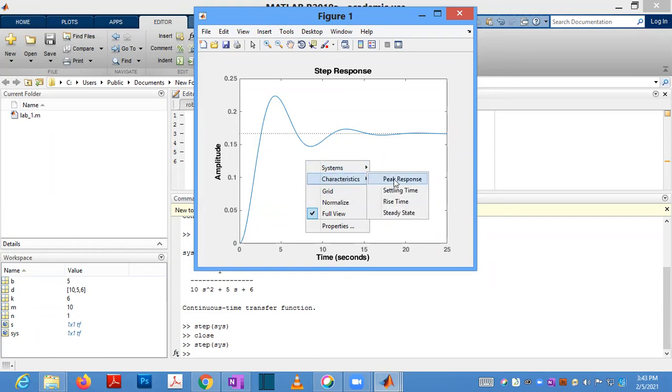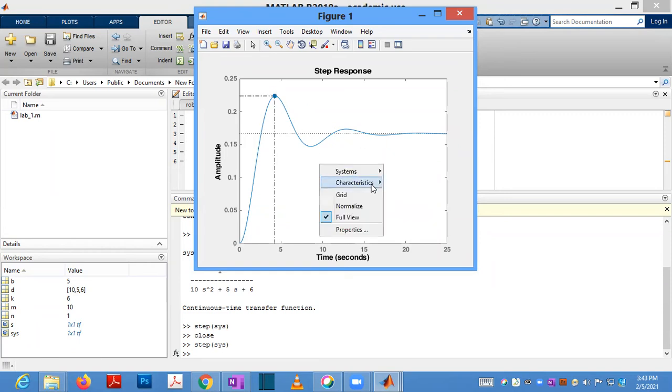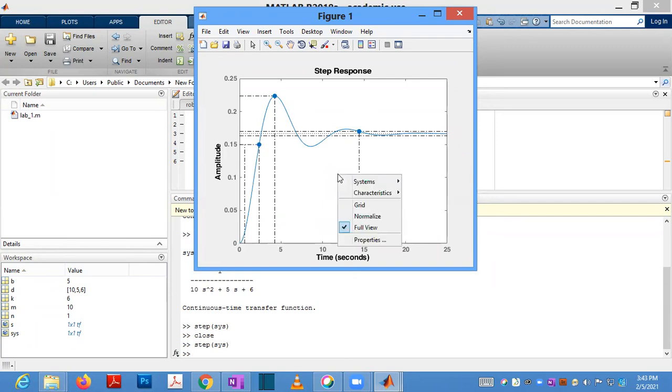So you can directly click here and you will get all these values: settling time, rise time, steady state. If you are applying a signal of 1 volt, it is settling at some 0.167 as the final value.